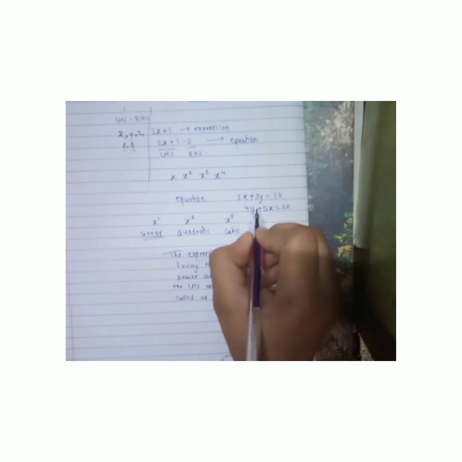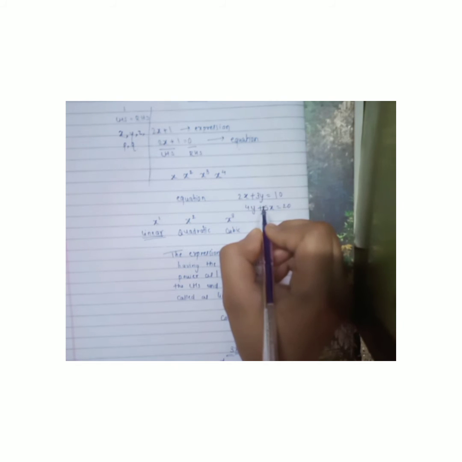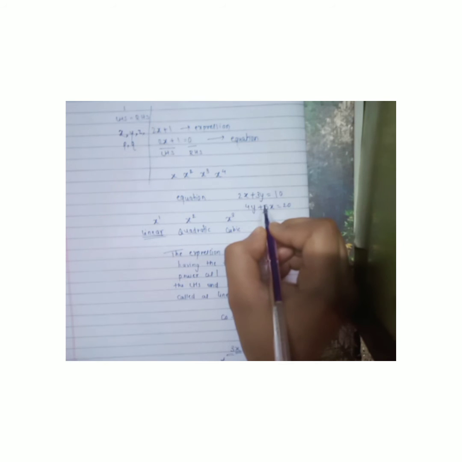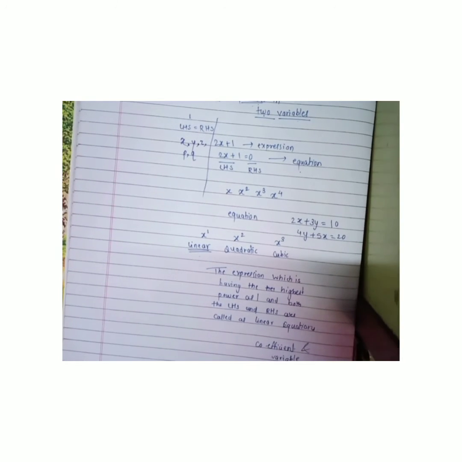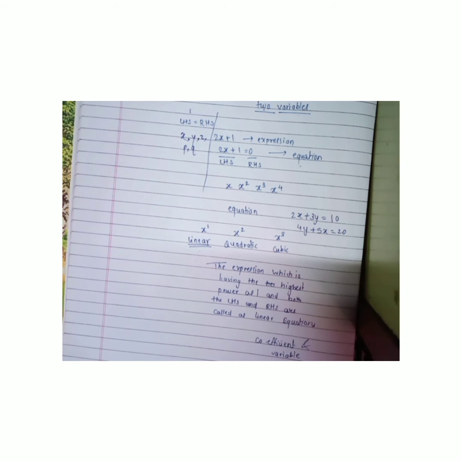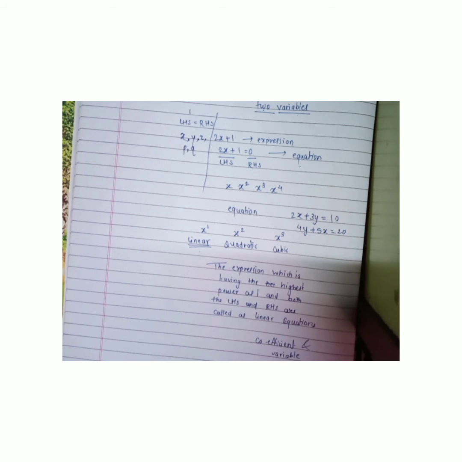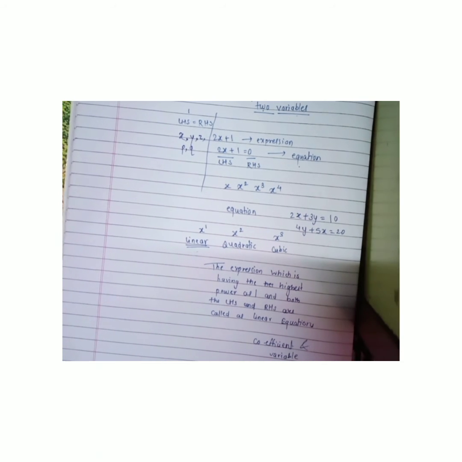So the linear equation which is having two variables, that variables can be anything between a to z, two variables and two coefficients, those are known as linear equation in two variables. It's not necessary that the coefficients must be 2, but there is a restriction that there must be only two variables because the explanation is in the name, linear equation in two variables. It's properly told that there must be only two variables. So it is a restriction or a compulsion that only two variables must be present in those equations.